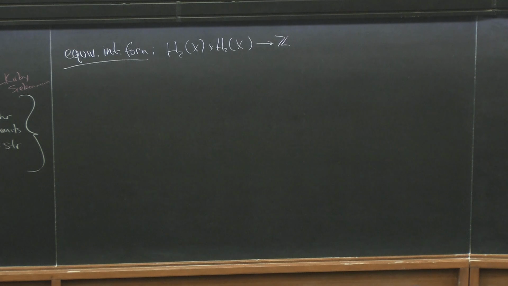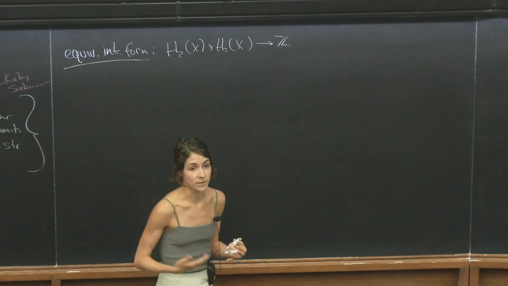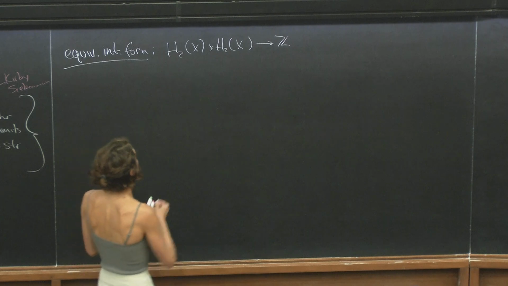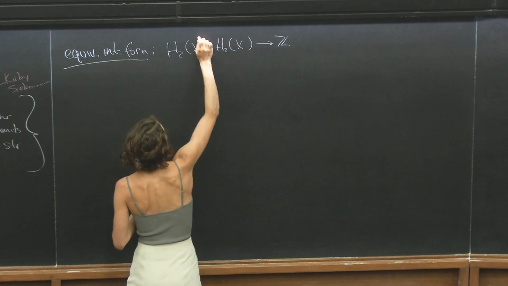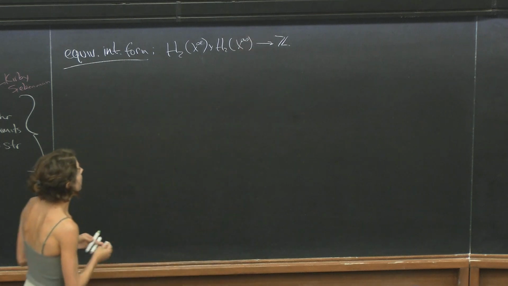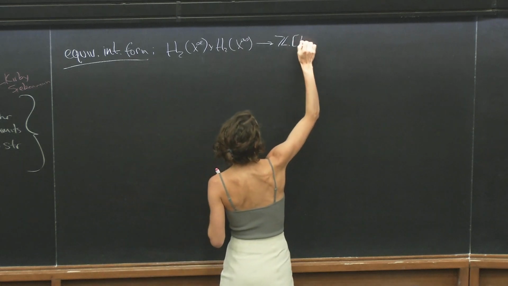But it doesn't quite capture everything you need to know, because if you have interesting pi1, you might also want to record how the H2 of the manifold interacts with the pi1. A really elegant way to capture that is, instead of looking at the homology of the space, to look at the homology of the universal cover, or in this case, the infinite cyclic cover. So the equivariant form pairs these homology groups, and it's going to spit out Laurent polynomials.